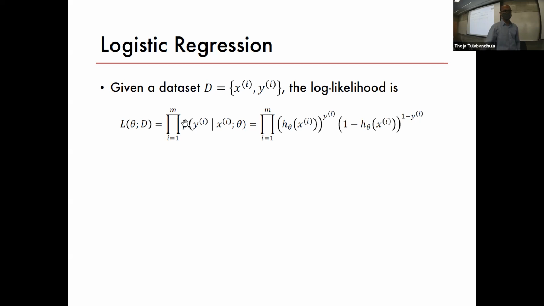Now this probability, according to the previous slide, is this expression: h theta of x to the power y and 1 minus h theta to the power 1 minus y. Now we are only talking about the two-class, binary logistic regression here. We'll eventually make it multi-class much later. So for now, just think of binary logistic regression. We are saying that this probability, for y equal to 1, is exactly h theta of x.